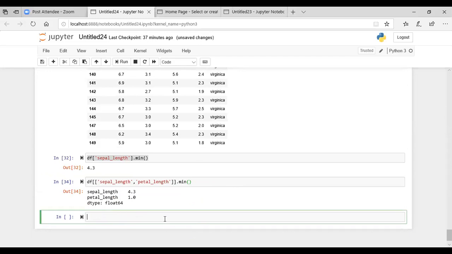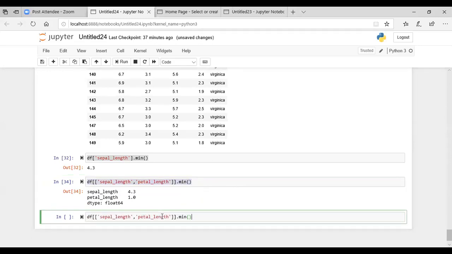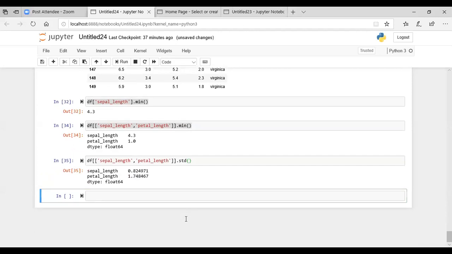You can determine the standard deviation or the maximum the same way. So let's say you want to find the standard deviation of these two columns, so the method is std, instead of min here, min is for the minimum. Standard deviation of the sepal length column is 0.82, and for the petal length it is this. Same way you can determine the maximum value.